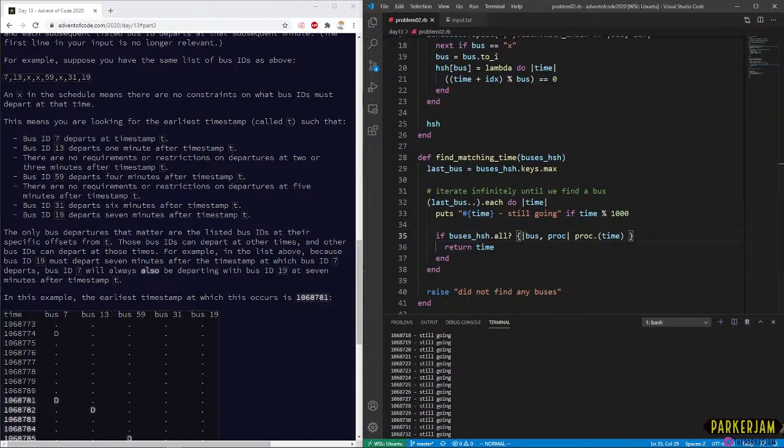Let me scroll down. Okay, so we found a number. I think our print statement was junk. That was not good, but oh, this is always going. 0 is true. That's why this is such junk.